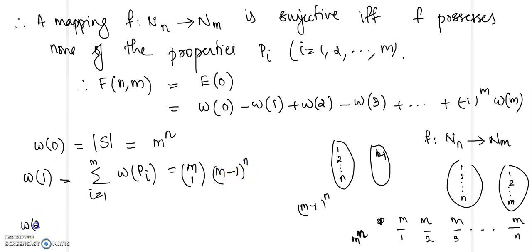And similarly omega of 2 will be the summation of omega of PiPj where i is less than j. But it must not be mapped to 2 elements. So for each entry, we have m-2 choices, and the number of properties taken at a time is mC2. So we'll have mC2 into m minus